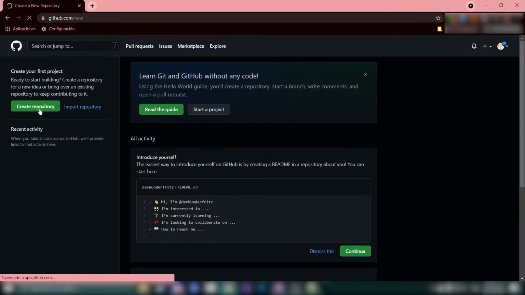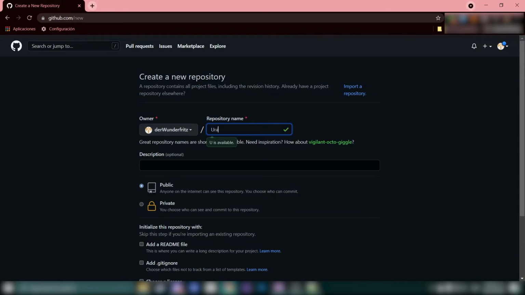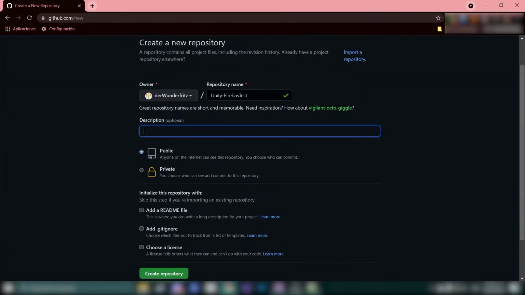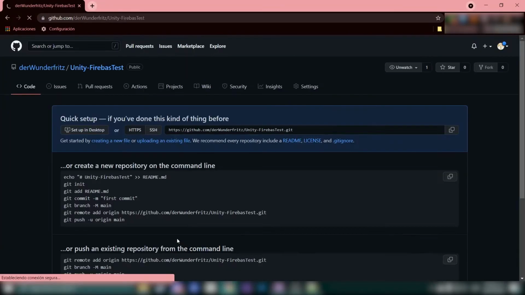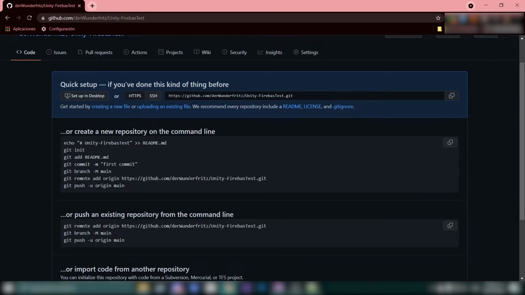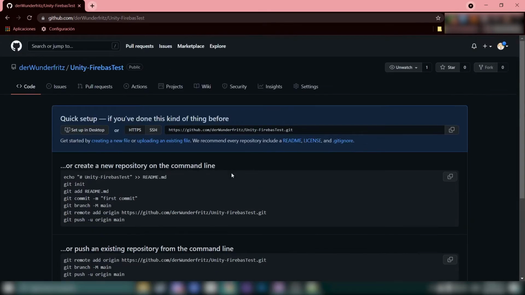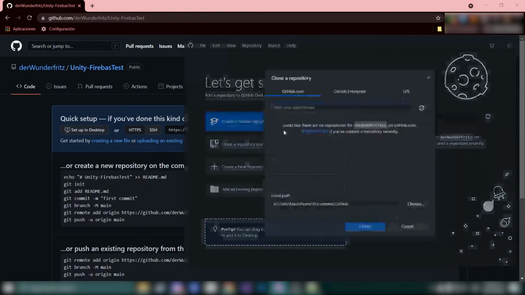Now let's create the repository. And clone it with GitHub Desktop.